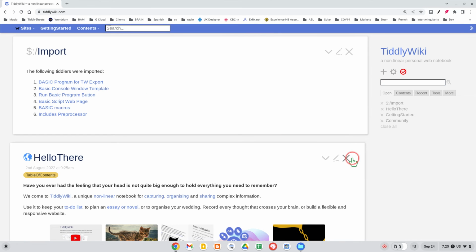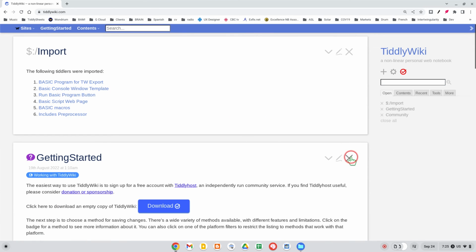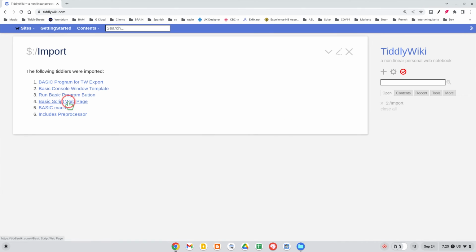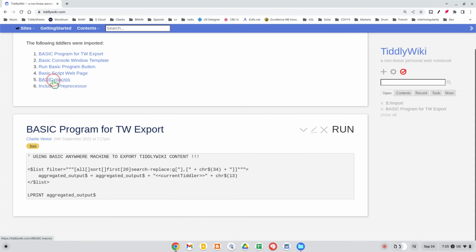And then we go find this program that includes all. This is our program right here. And the package that we imported into TiddlyWiki includes a whole bunch of other supporting tiddlers that help us run a program inside of any TiddlyWiki instance. So it allows us to take a little bit of what is Basic Anywhere Machine and bring it over into any TiddlyWiki. So if we run this guy,